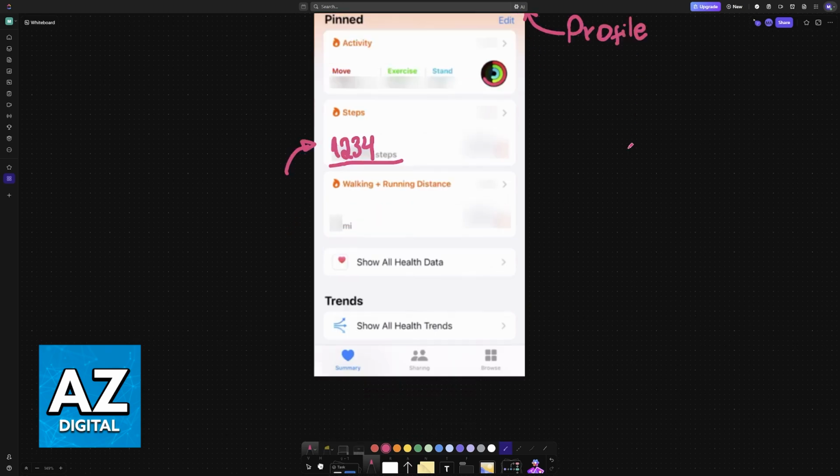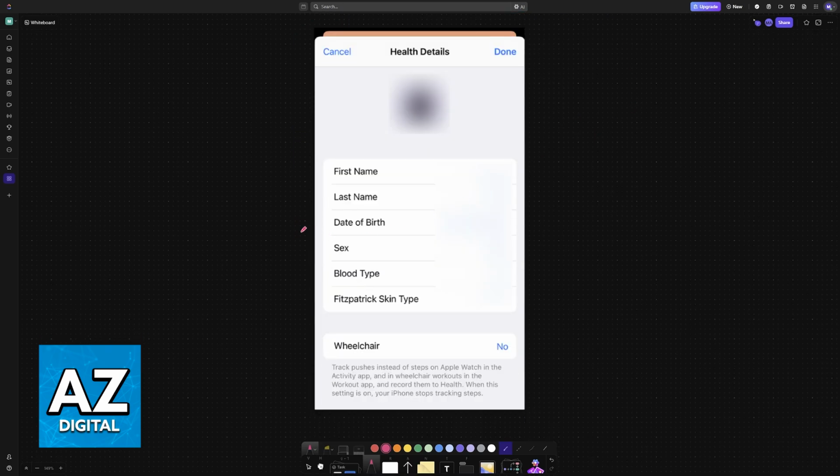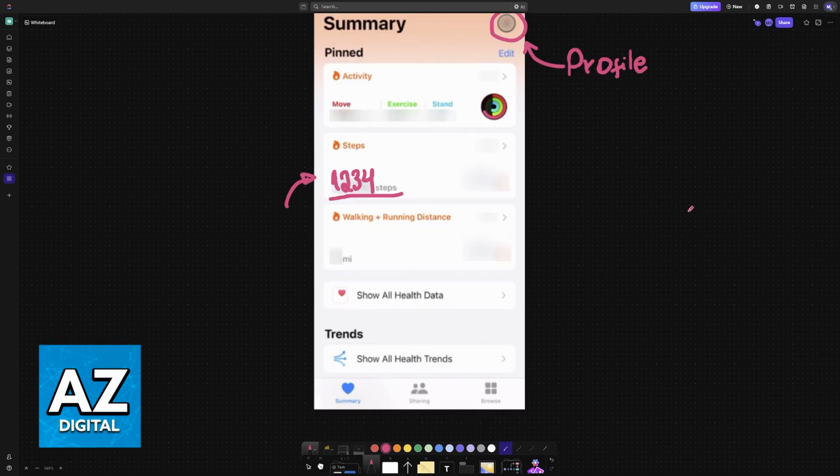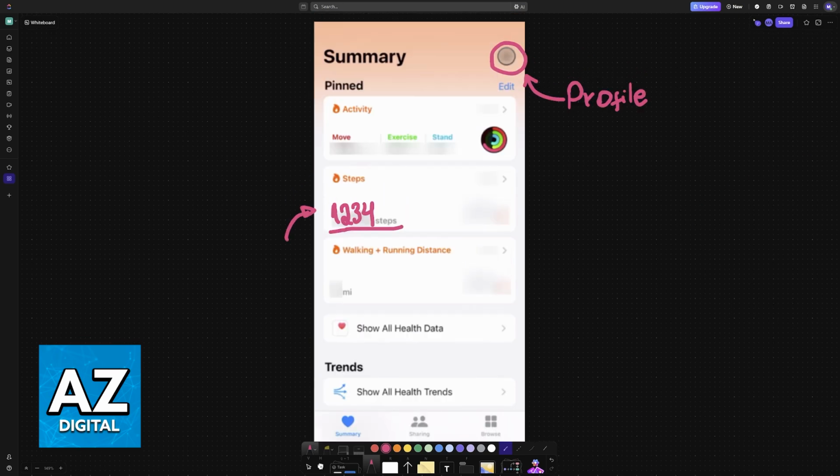This is where you can manage your profile. If they ask for details like first name, last name, date of birth, and so on, you can include all of them here. It's as simple as going through this process. Once you are satisfied, tap done at the right side and immediately you will be good to go. After you set up your health profile, if prompted to do so, you will see your steps displayed here.